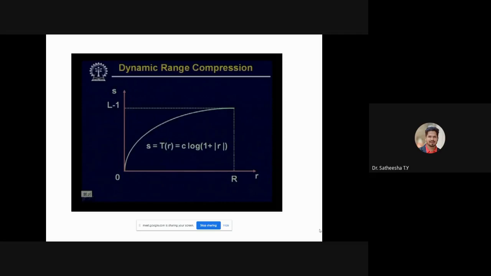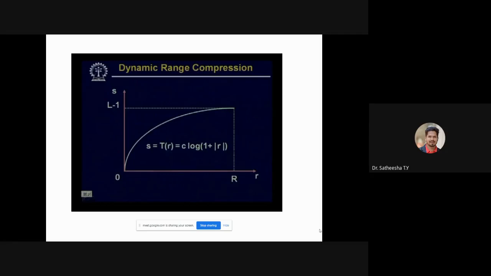And log of 1 plus modulus of r is taken because otherwise, whenever r equals 0, that is, the intensity level in the input image is 0, log of 0 is not defined.